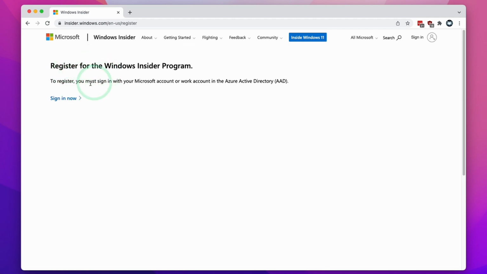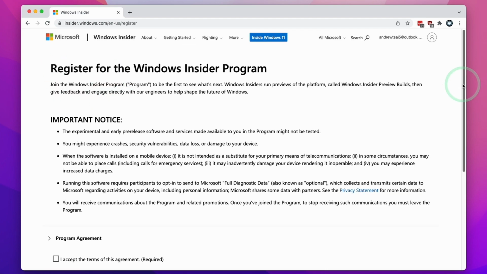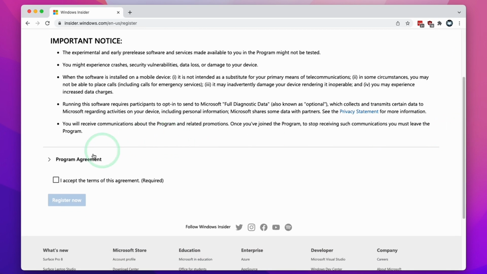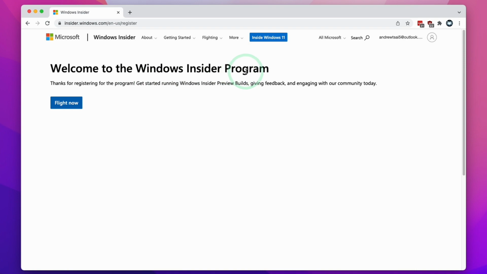So here it's saying we're going to register for the Windows Insider Program. I'm going to click sign in now. So it's already detected that I've logged into my Microsoft account. I'm going to scroll down here. We're going to click I accept the terms of this agreement and then click register now. And when it says welcome to the Windows Insider Program, we're now able to go ahead and download Windows 11